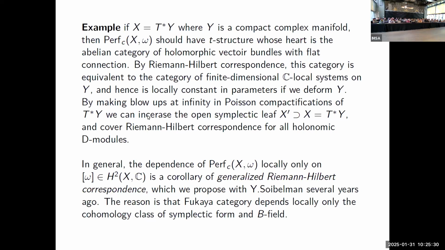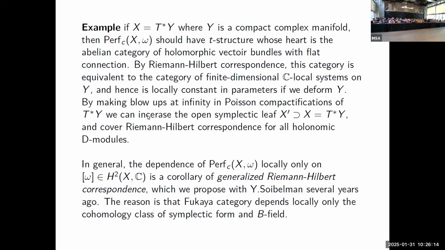Now that's an example. You can change the complex structure on a variety without changing topology, and then as analytic categories, these do not change. That's an example of a Painlevé connection. And if, for example, my variety is algebraic, and I get algebraic moduli spaces, which I identify as analytic varieties by transcendental methods,